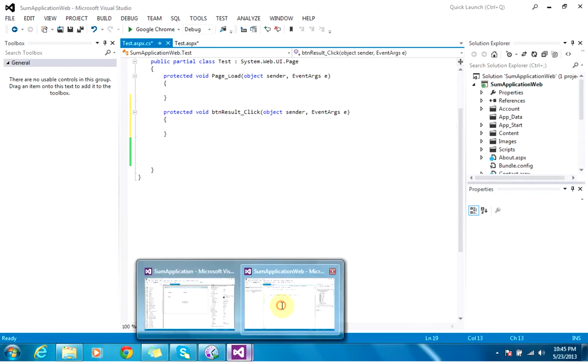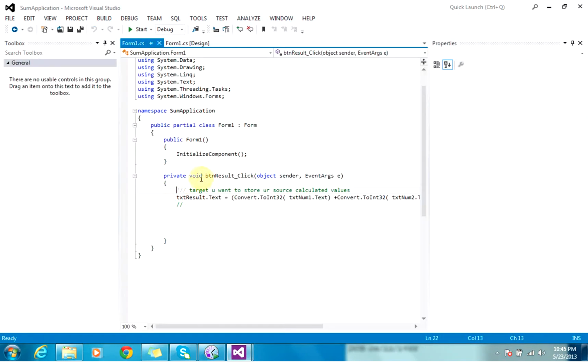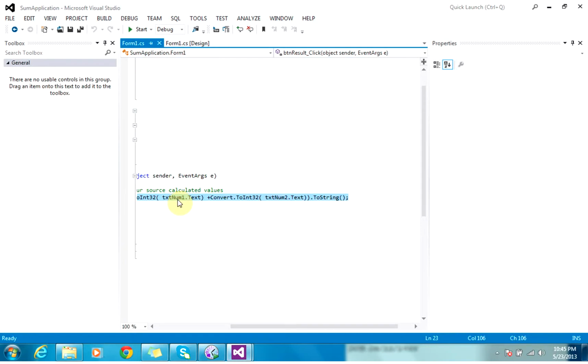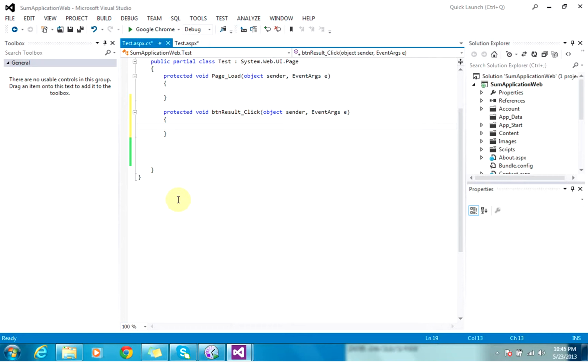Now I want to copy my window based code here, so I just select it and paste it here. And we will see. I told you, first build your solution or project. So the build succeeded, that means the code is good.